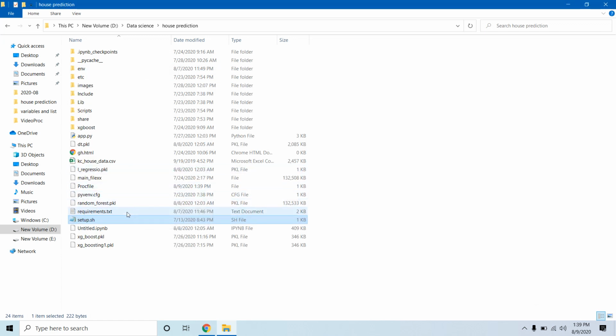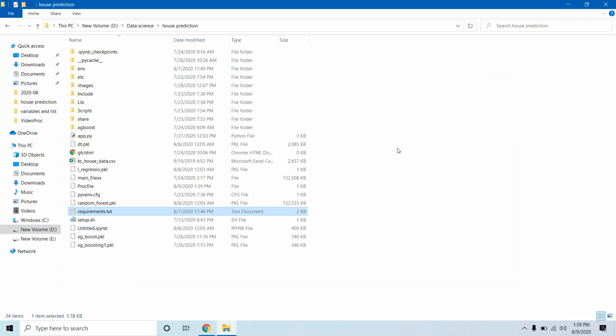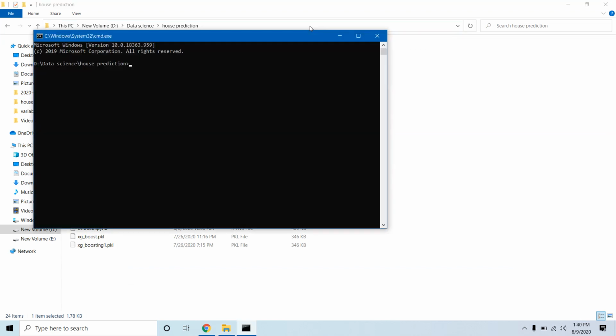Now you have to make a requirements.txt file. This file contains all the libraries which are to be installed on Heroku. We can create it by using cmd. First, activate your environment by env scripts activate.